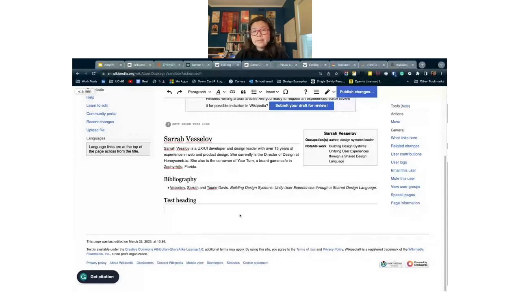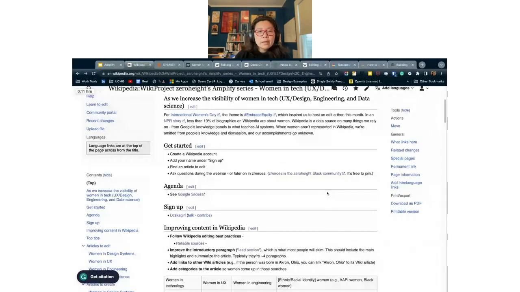If people are working in the same spot as you, I feel like that might be rare. And this is definitely not like Google Docs where you can see and co-edit at the same time. But usually with these coordinated efforts, if you want to say here in the chat, hey, I'm working on Sarah's Wikipedia page, don't start one or something, you can definitely do that if you want.